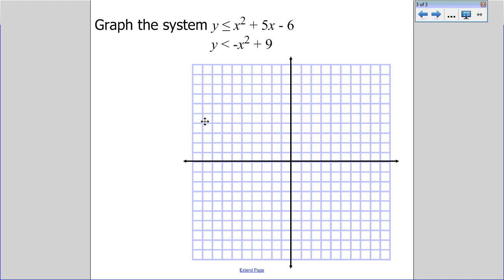All right, let's take a look at the next one. You've got to graph a system. We're going to graph a system of quadratics the same way we graphed a system of inequalities. You're going to graph one parabola, shade, graph another parabola, and shade. These are both less than. One is going to open up and one is going to open down. So that's what you're going to see is that these two parabolas, these two U's, intersect each other. So you need to go to your calculator